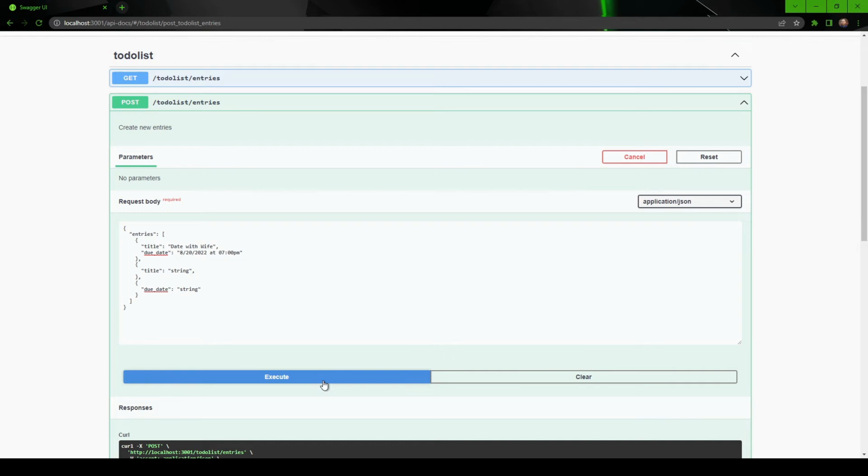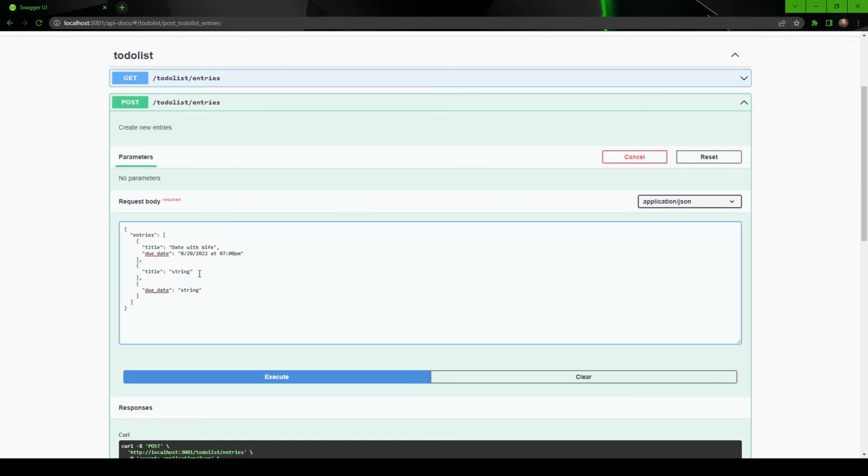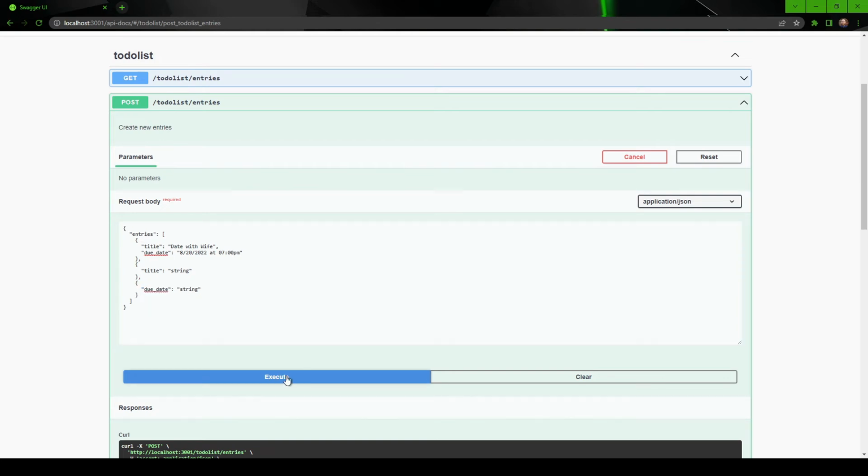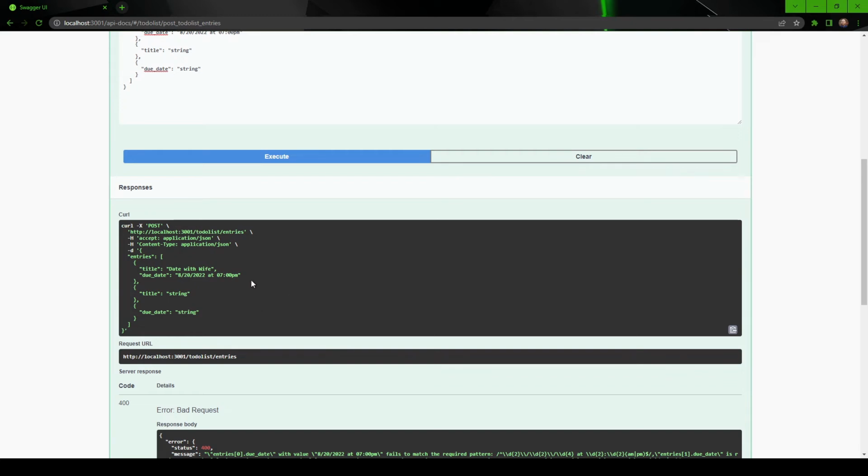Alright, so now if I hit execute, we should see, we'll have to actually remove that for valid JSON. So we should see that there is no error for the first entry. We should see that there's an error for the second entry saying that due date is missing. And we should see an error for the third entry saying that title is missing, and that due date is formatted incorrectly. So now if we hit execute, and we come down here,